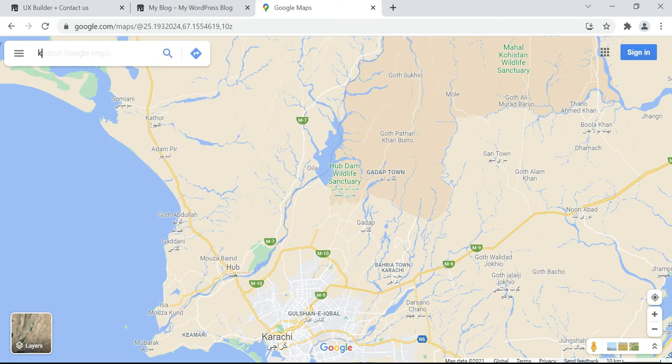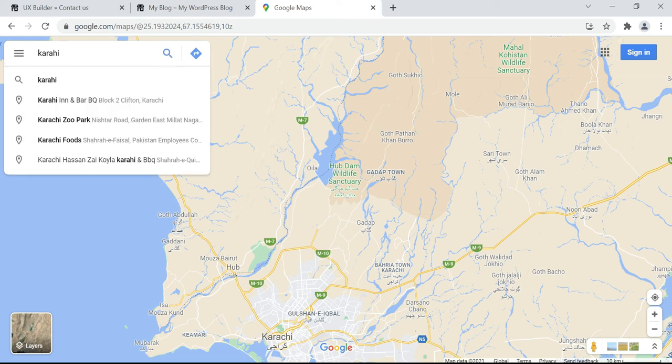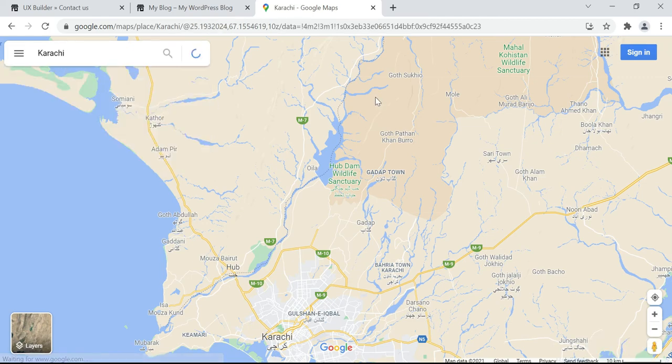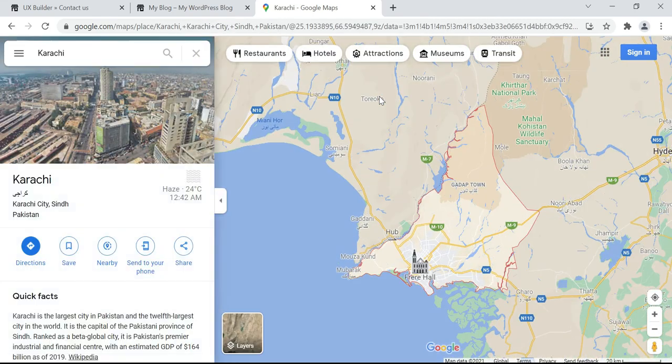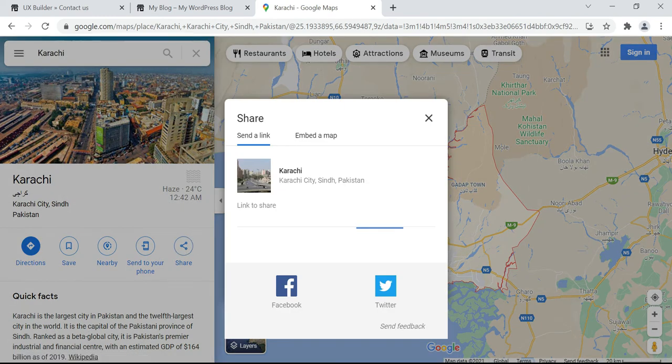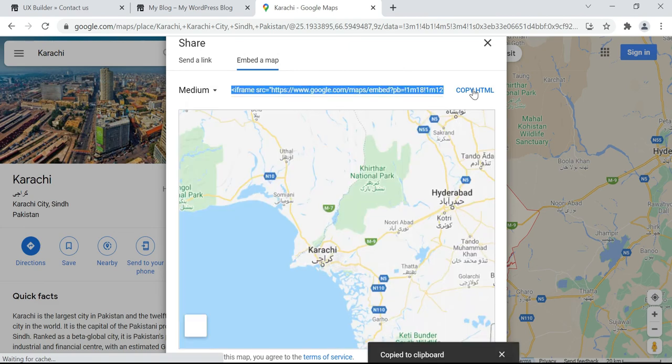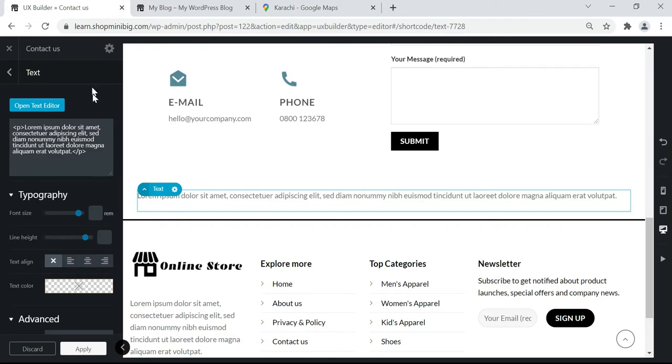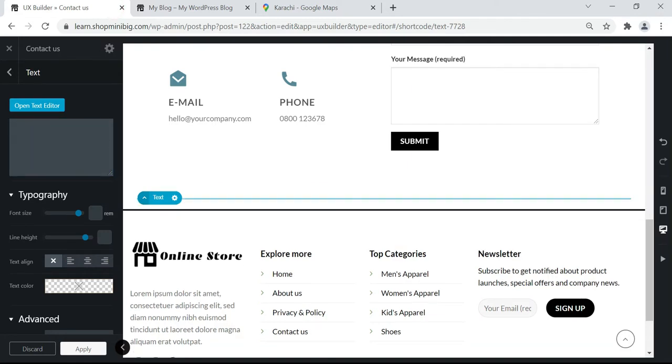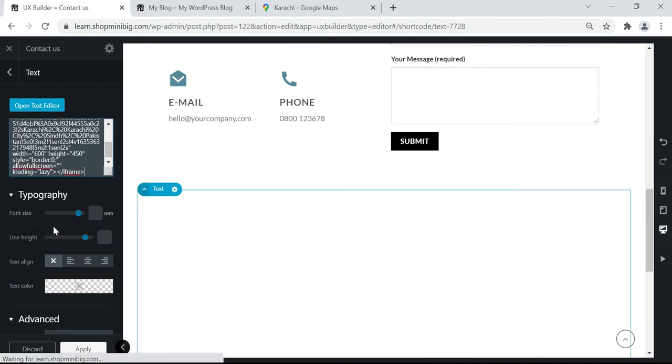I'm just selecting Karachi. You can select according to you. After searching the desired location, click this option share, then click embed a map, then just copy this HTML code, then come to our website, replace this code with your HTML Google Map code, paste it.